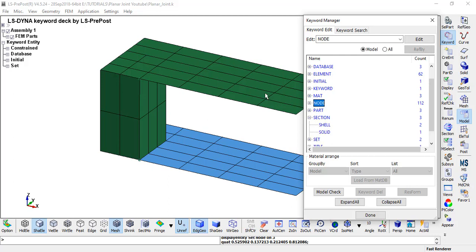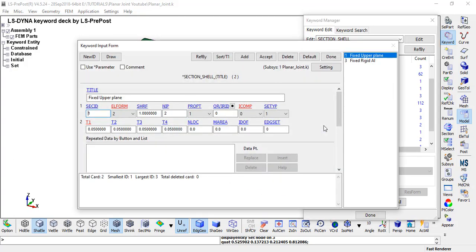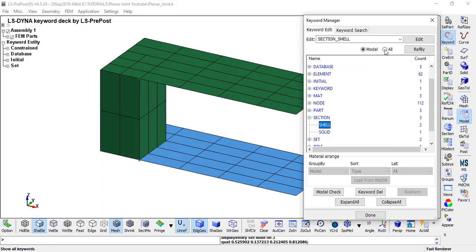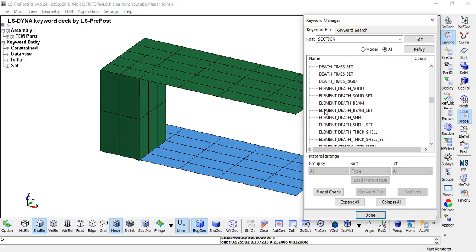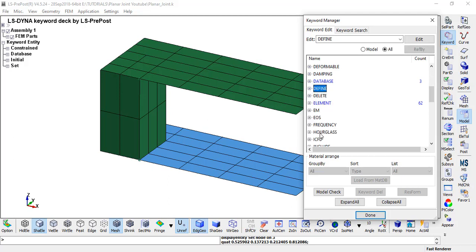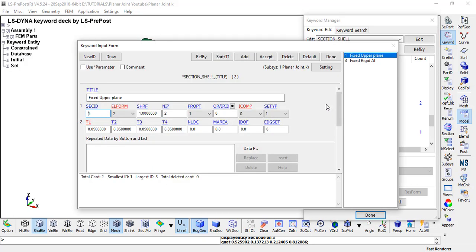As we have taken the upper plane and the bottom fixed plane as shells, we need to take the section as a shell, which can be taken from here. We need to go to the radio button all and go to the sections. These are the keywords where you will be finding different keywords, and to take this section we need to pick shell and then give the element formulation.